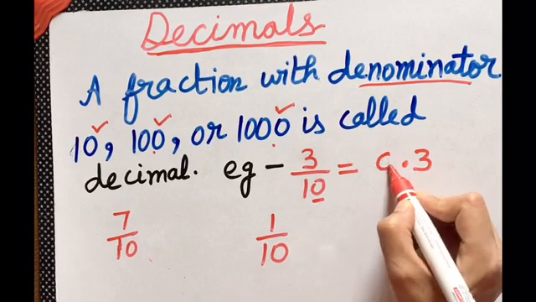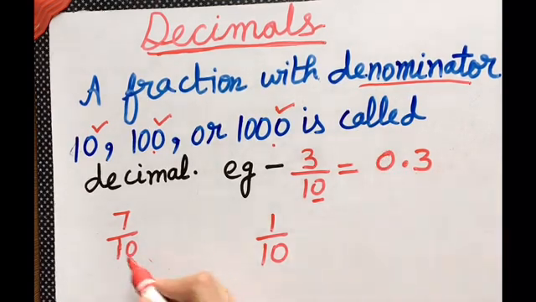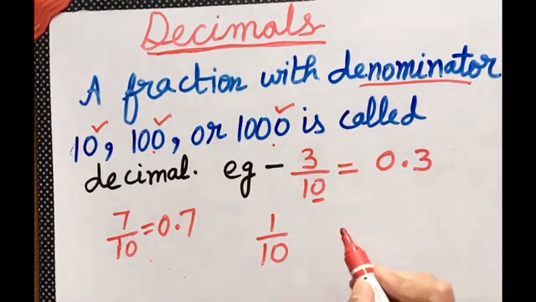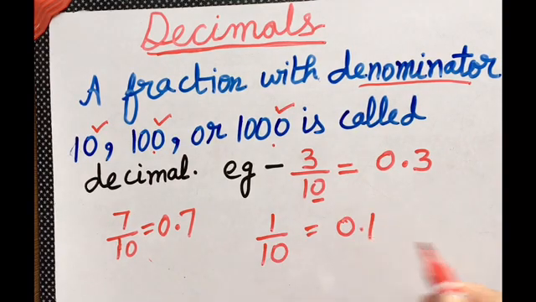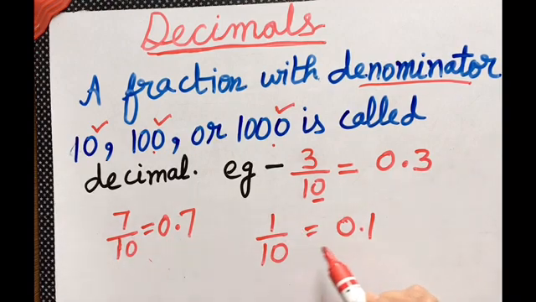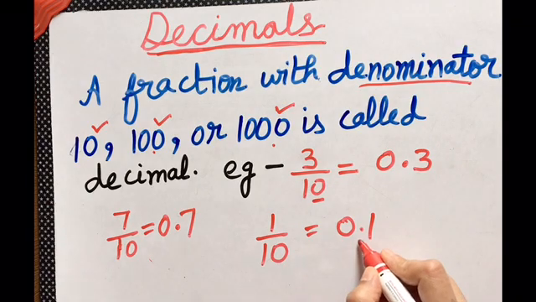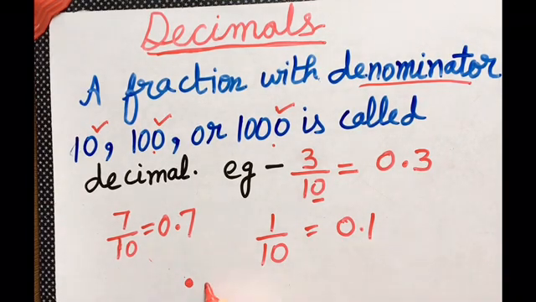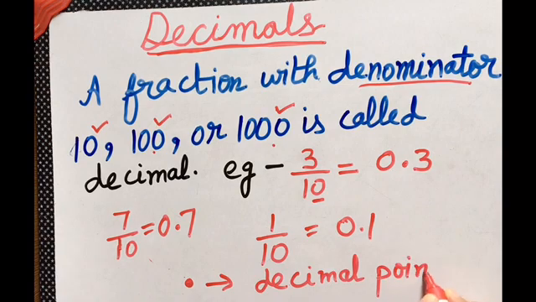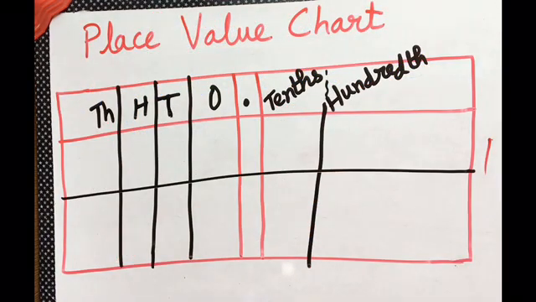It has just one 0. So counting from the left hand side, after one digit we are going to place the decimal. So it will be 0.3, same 0.7 or 0.1. Fine. So you start from the ones place as per the number of zeros and then write down the decimal in that particular number. So any fraction with denominator 10, 100 and 1000 will be a decimal number. It is denoted by a dot.